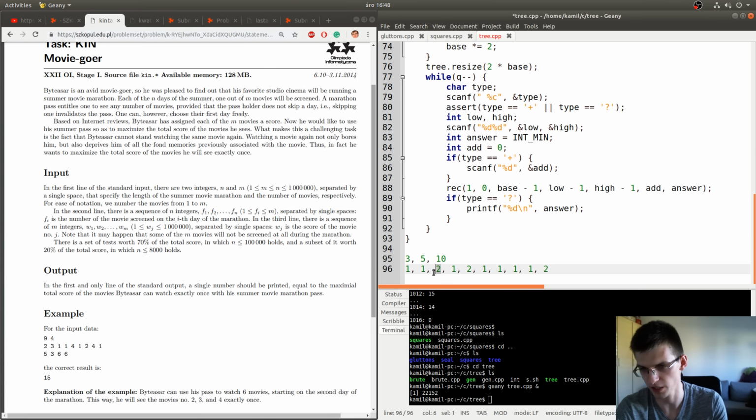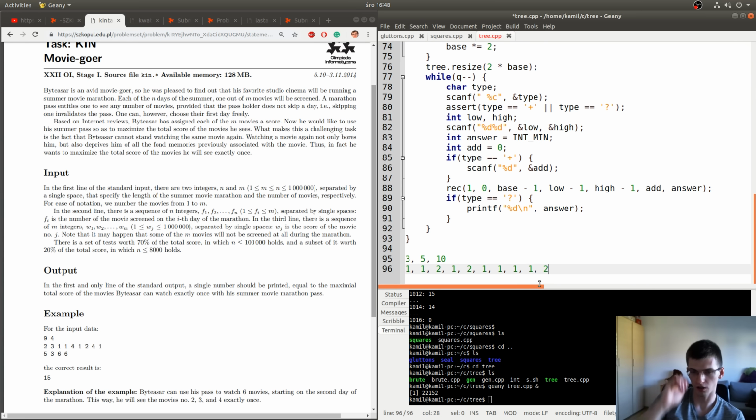So it's movie number 2. It appears exactly at these indices. And what often should be done when you should choose some interval is that for every beginning of the interval, maybe you should binary search the end, the optimal end, or ternary search, I don't know.